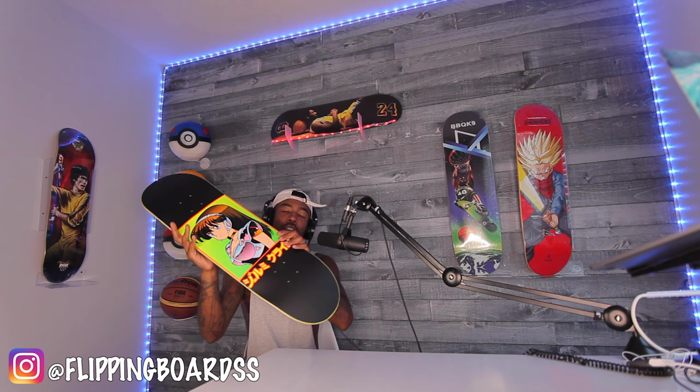Honestly, this is like a grail to me. This is a grail to me because I would see these always sell out and I always wanted to get my hands on them. So what's it worth? So this beautiful skateboard is, I paid